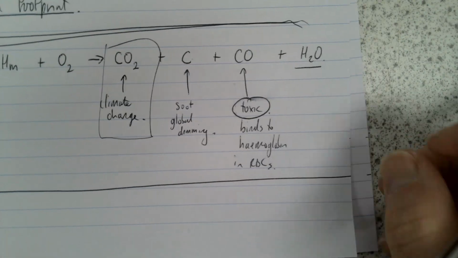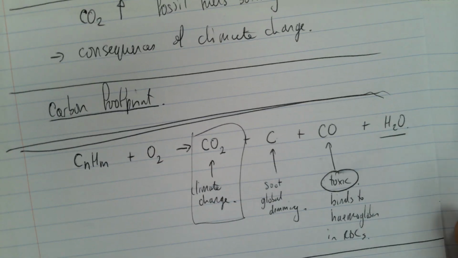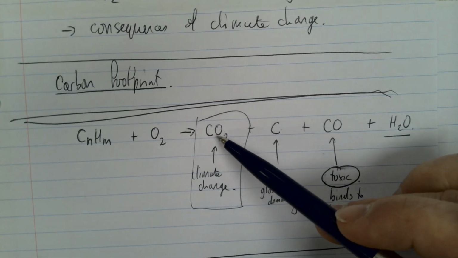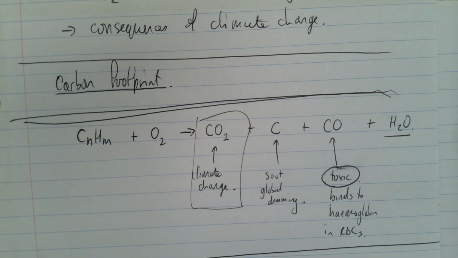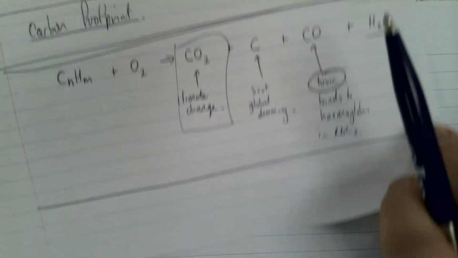Okay. Let's move on though to other pollutants that we need to know about, and these are the ones that probably people find hardest to remember and probably need the most amount of work, which is why I'll spend a little bit more time on it. So if you're burning a fossil fuel, it burns at a really high temperature. It's a hugely exothermic reaction. And by the way, we'll do some stuff on energy changes probably next week, but it's highly exothermic because you're forming some very strong bonds in the carbon dioxide, and that releases loads of energy.